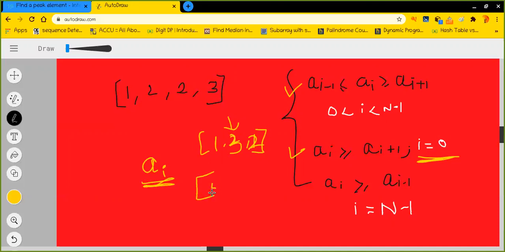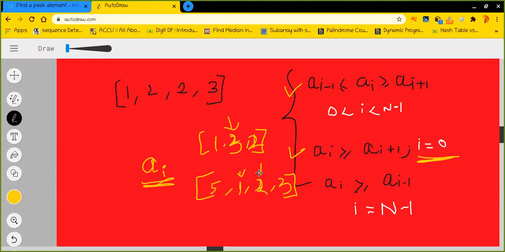Let us say the array is like this. In this array, tell me which are the peak elements. Can 1 be a peak element? No. Why? Because 1 is not bigger than its right neighbor, and the same condition holds for its left neighbor as well.